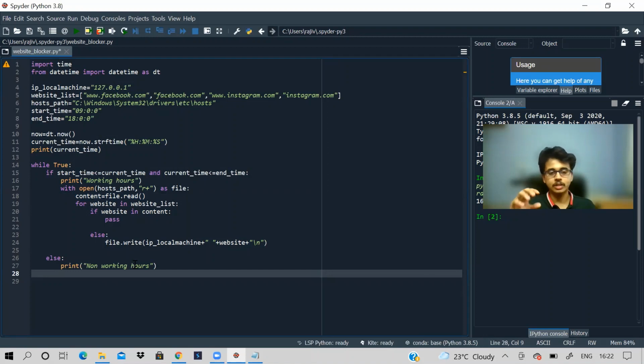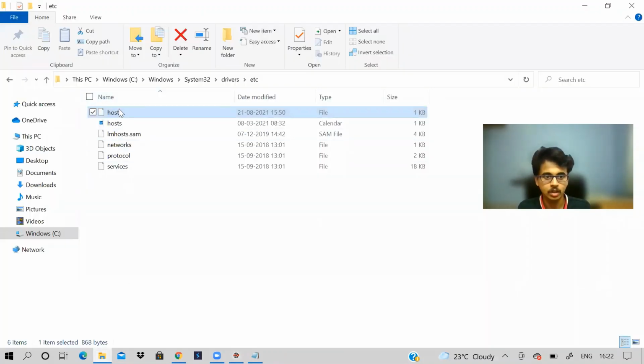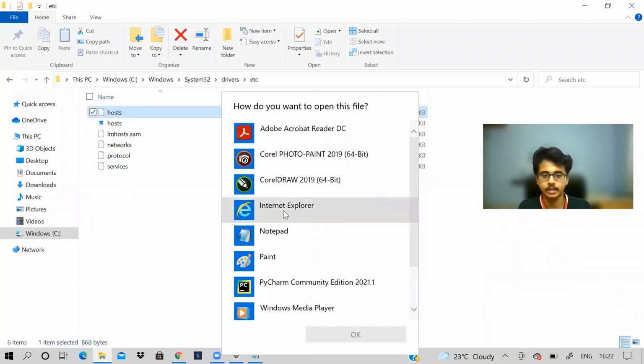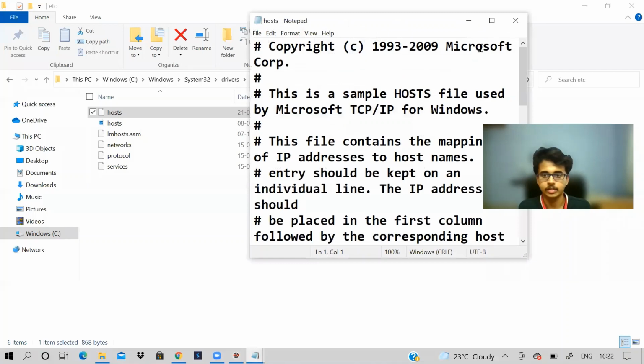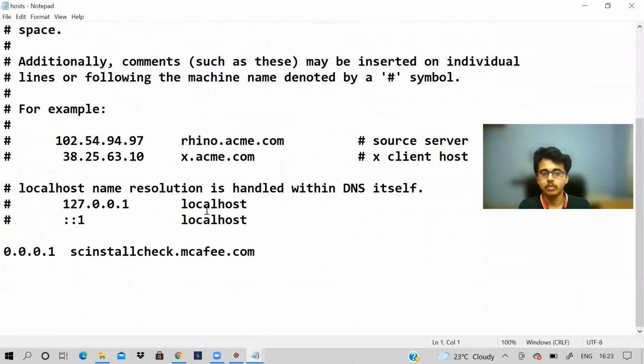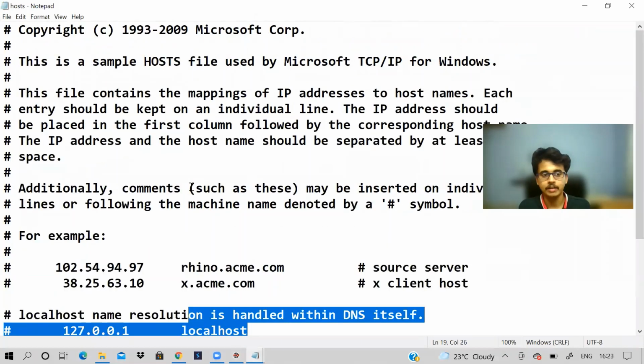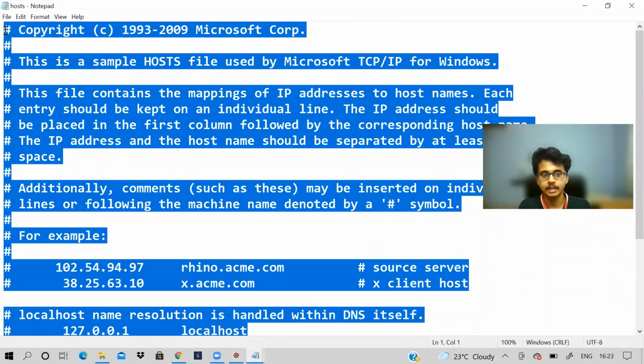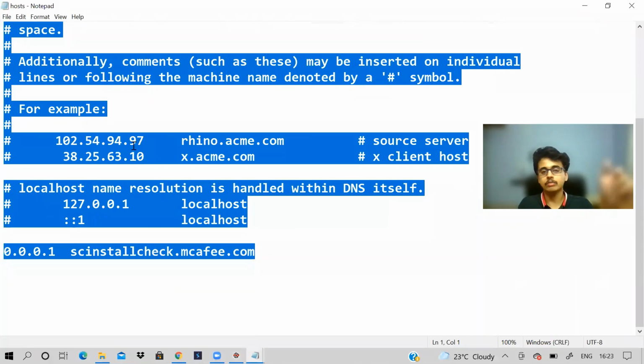So we need to now see a method in which we can erase all the data in the file and make it as it was, however it was. So what I'm saying is, see now how is the file? Let us see how is the file. Okay, so this is the way the file is. What I'm saying is, I want to do something such that I remove everything added to the file, truncate it, and I get the same file back when I'm in my non-working hours.